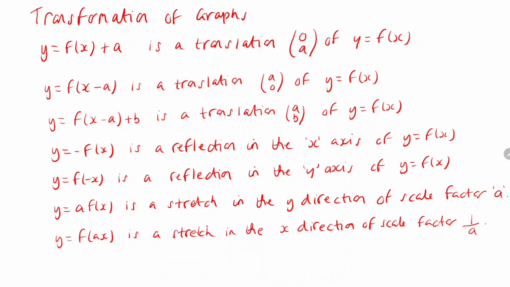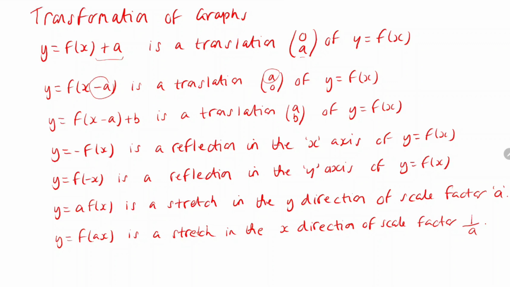Okay, so you want to pause the video and write this information down. These are all the transformations that you require to know. So the first one, we have y equals f(x) plus a. This will push the graph in the y direction. It will translate the graph in the y direction by a distance of a. y equals f(x minus a) will translate the graph in the x direction by a. And what you'll notice here is that if we have minus a, that will move the graph to the right,